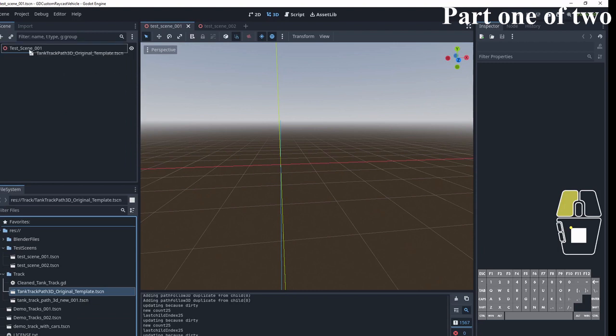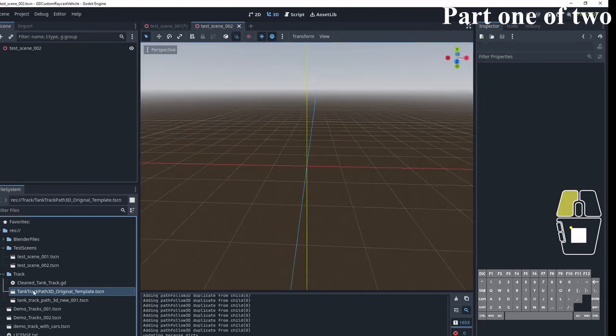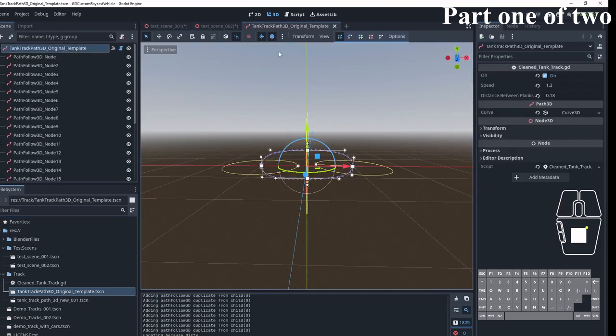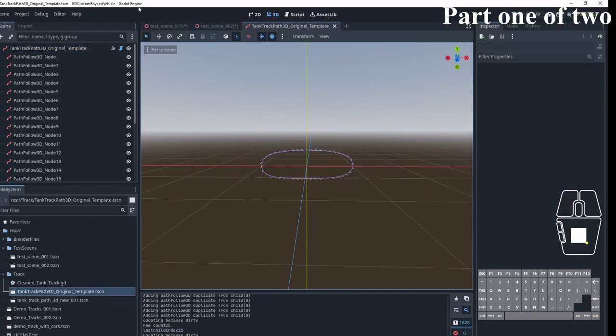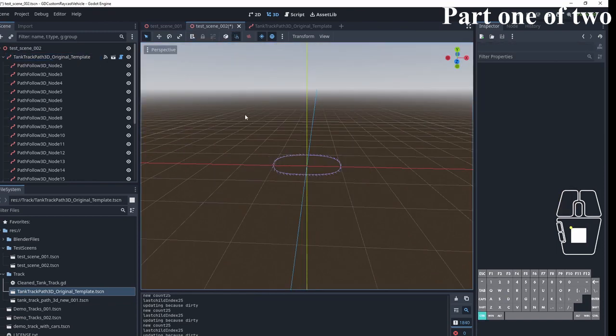Let's go for it. I just take this tank track, which is a Path3D curve, and I put it into this other scene too, and then I double click on it, so I have this original opened. So, and if I save this,